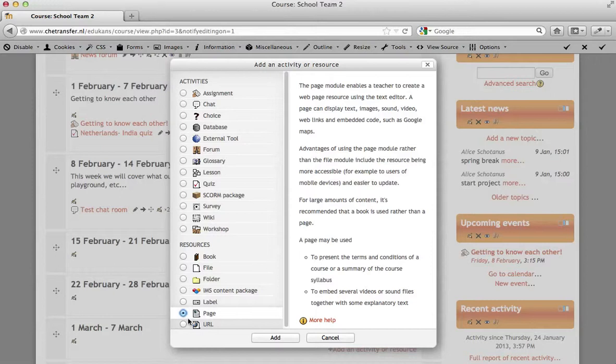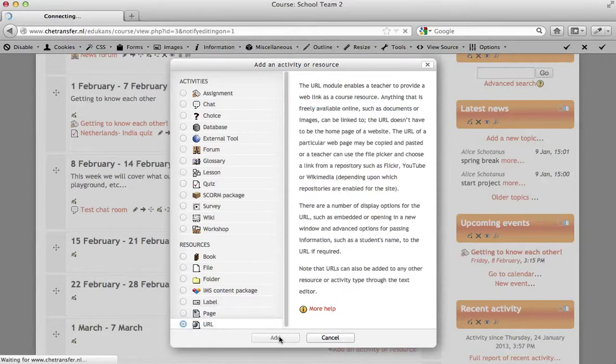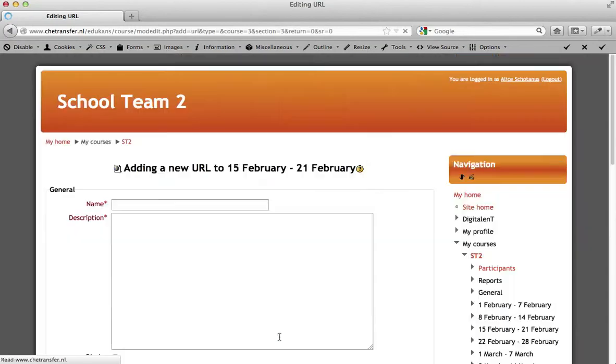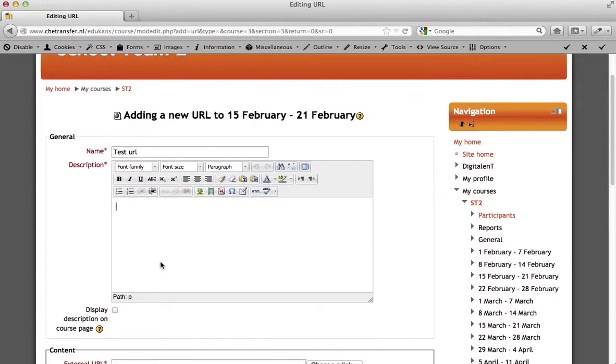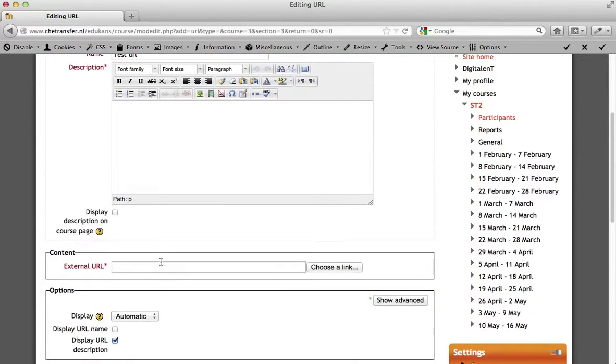So let's suppose I just want to add a URL now, which is what I will do. I'll click on Add, and it asks me, well, what name do I want to give the URL, and then I will just call it test URL, and I could even give it a description if I wanted to. There is no need to do so. Remember, if you're not quite sure about what this particular functionality is, always just simply click on the help icon that I'm highlighting right now, and then of course don't forget to add your URL,